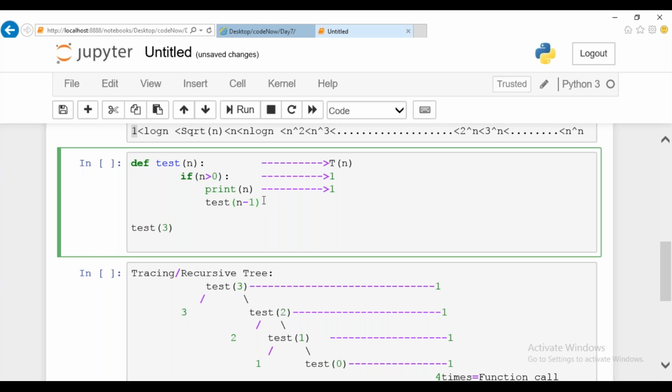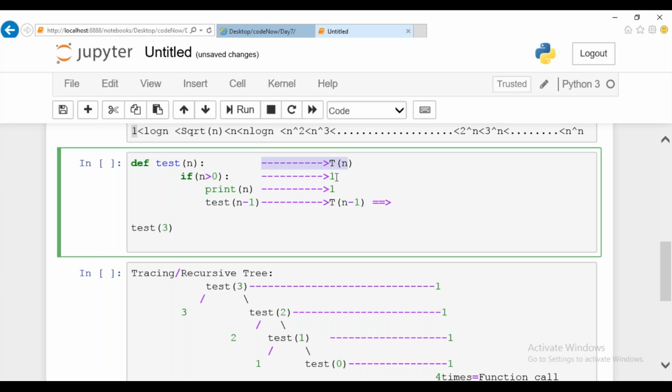So how many times will this particular recursive call happen? Each and every time, it is going to call T of n minus 1. So this is the time we are supposed to calculate. Now, finding the overall summation of it. We can omit the function definition part as usual, it is not required.